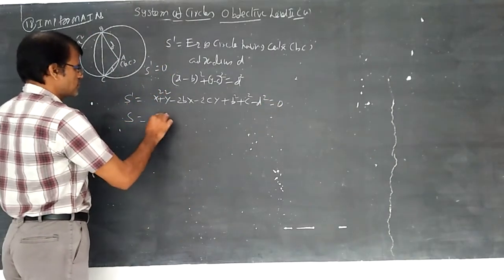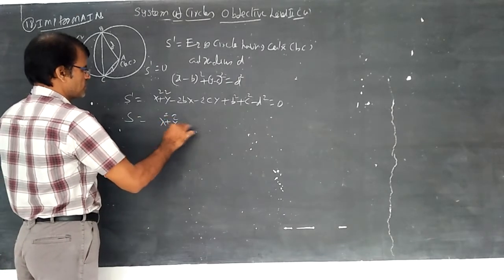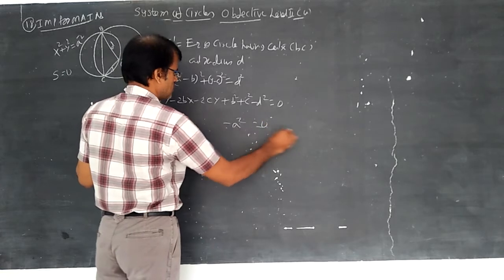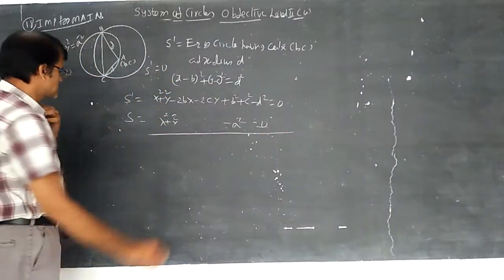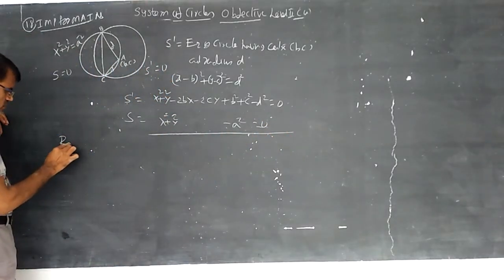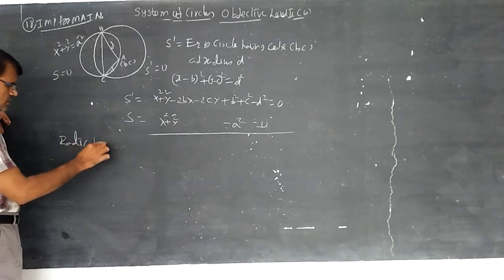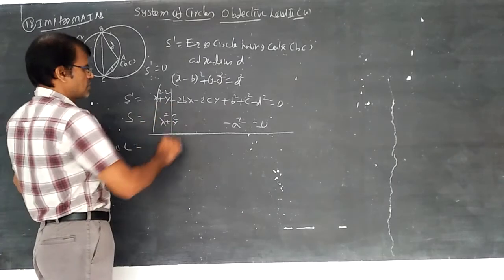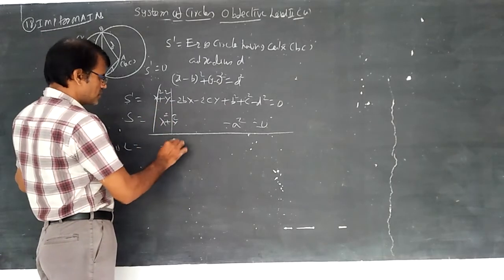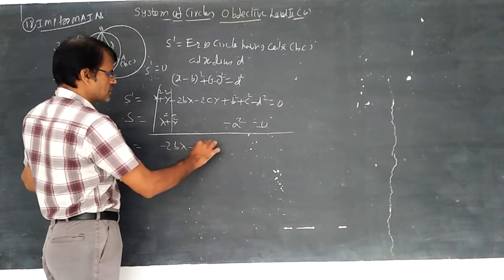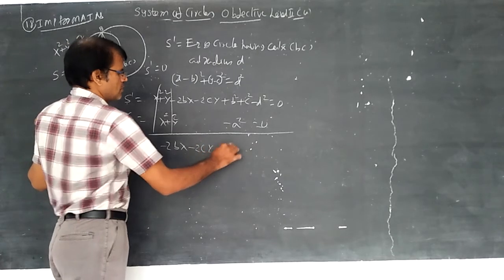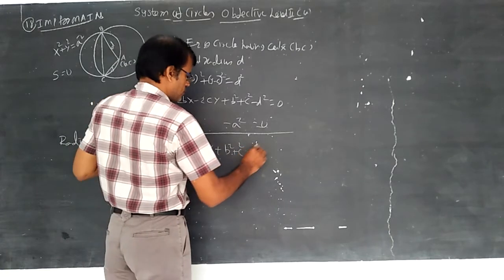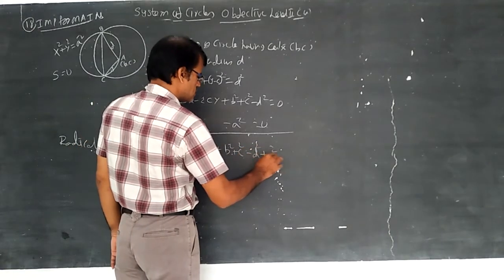Next, S is x square plus y square minus a square equal to 0. Taking the radical axis, I am writing it as L equal to 0. In the radical axis L, x square and y square get cancelled. You can write here minus 2bx minus 2cy plus b square plus c square minus d square plus a square